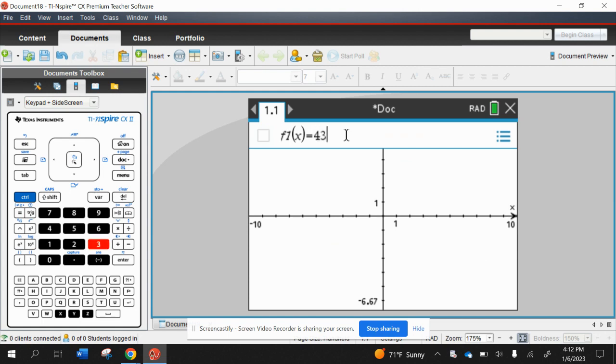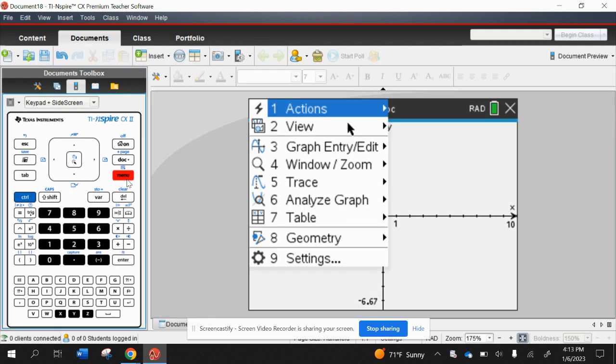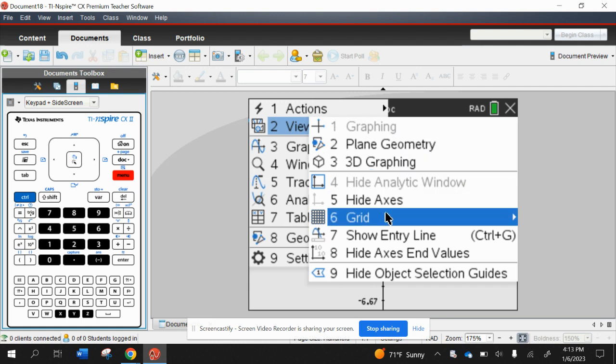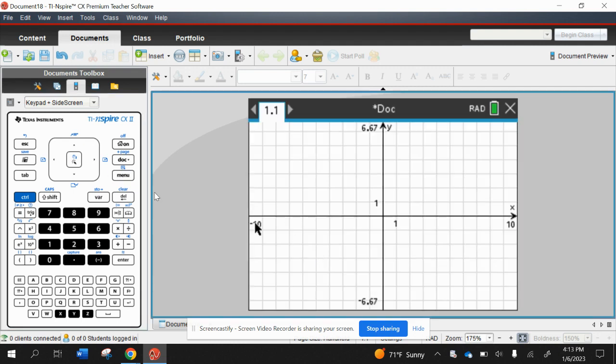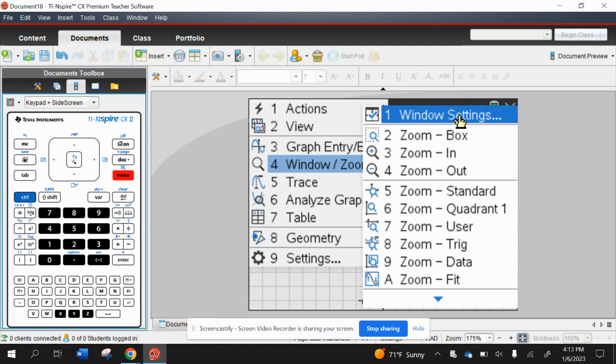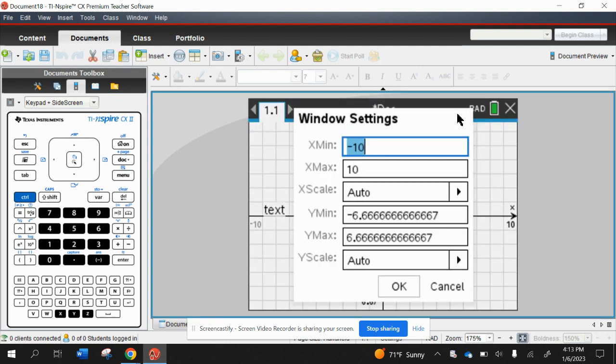We're going to graph 434, parentheses, 0.935 to the X. We also need to graph Y equals 70. Okay. Now we're going to go to Menu, View, Grid, Line Grid, Menu, Window Zoom, Window Settings, and we have